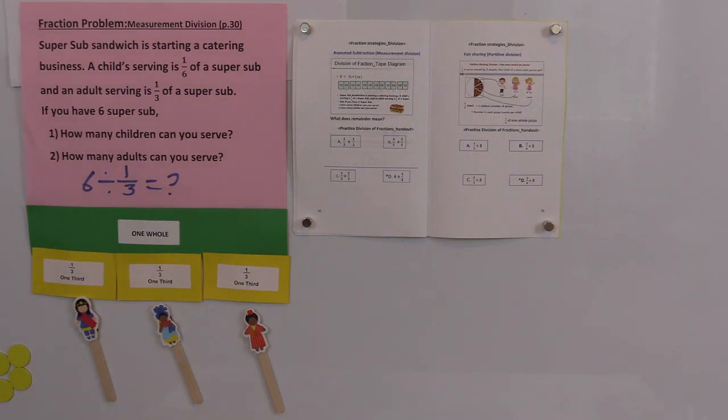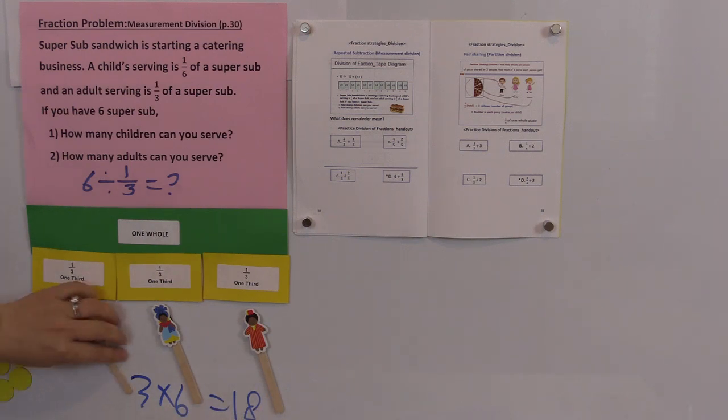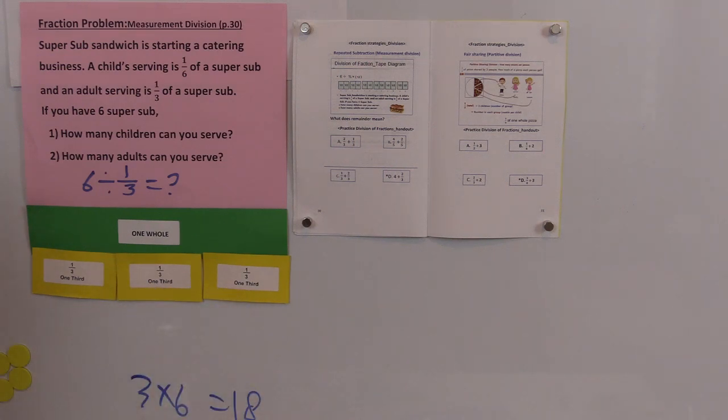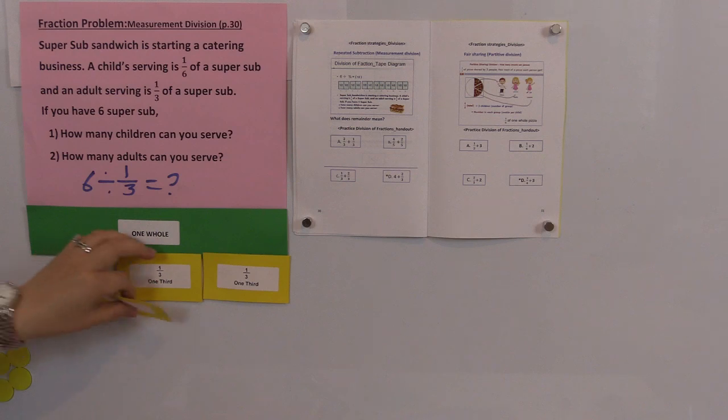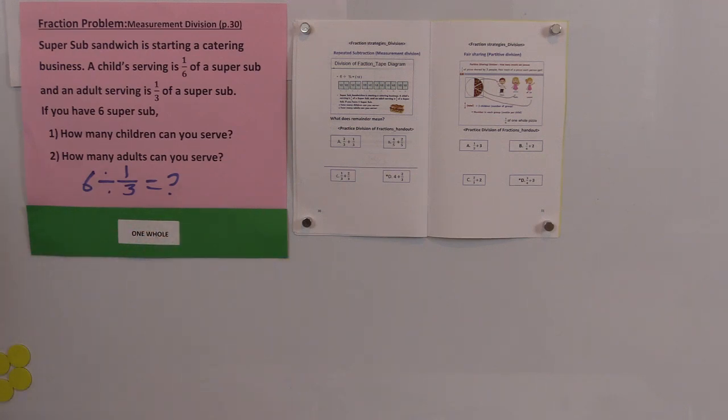Then how many adults can I serve when we have 6 super subs? So 3 times 6 equals 18. So we can serve 18 adults. Do you see what I'm doing here? What about children serving? Children serving is different because children are smaller than adults, usually. So the size is smaller. So I have 1/6. This is one